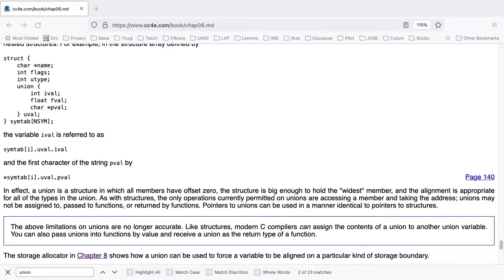Unions may occur in structures and arrays and vice versa. The notation for accessing a member of a union in a structure or vice versa is identical to that for nested structures. For example, in the structure array defined by struct { char *name; int flags; int utype; union { int ival; float fval; char *pval; } uval; } symtab[NSYM];